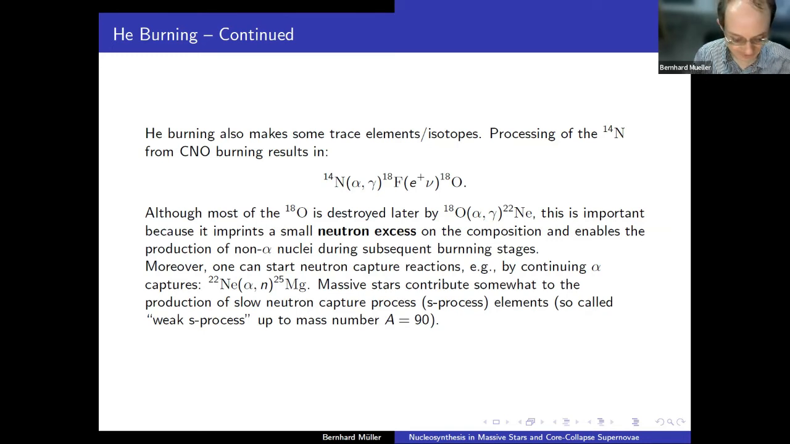Now, this nitrogen-14 will then be consumed during helium burning and can do further reactions and go to oxygen-18. And this oxygen-18 that you make there is important because that introduces into the fusion products that you carry along during the further evolution a small neutron excess. You will destroy that later by capturing an alpha on oxygen-18 and making neon-22, but the